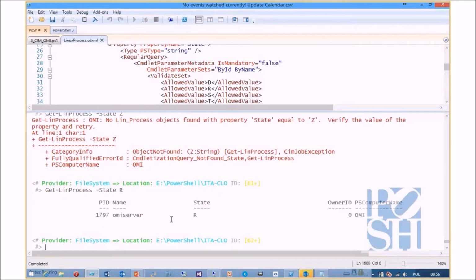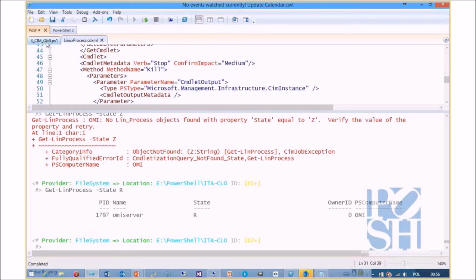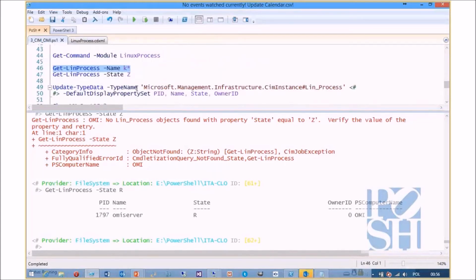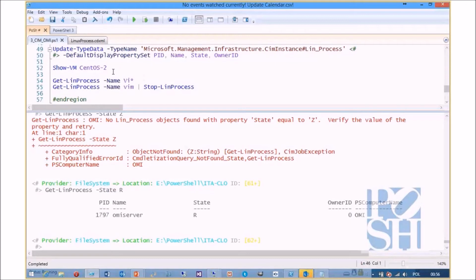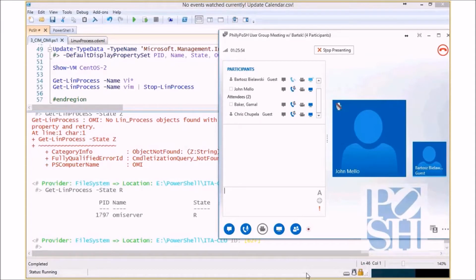so I can say R, and because I'm querying this remote box, usually what is R, running, is this OMI server. It doesn't help me much because I would probably like to know what else is going on. But here, I just get information, whatever the provider tells me, I can get it back. So now I already updated type data, so we can see that this goes in the pretty nice column that worked previously. And what I wanted to show you now is that if I try